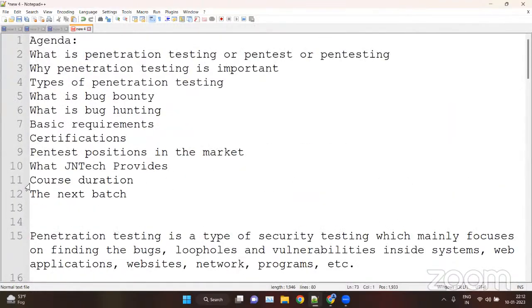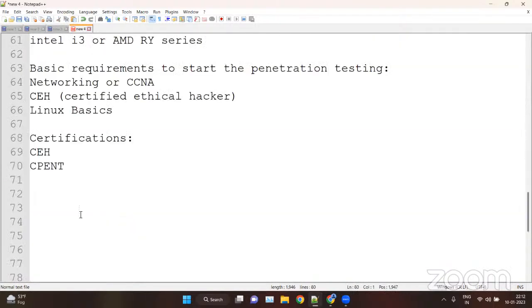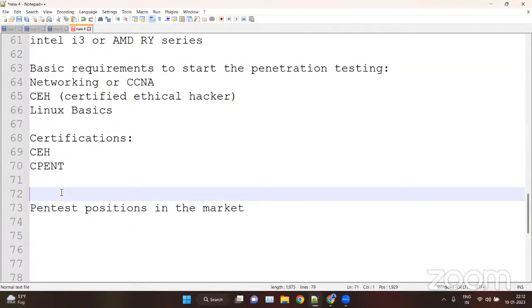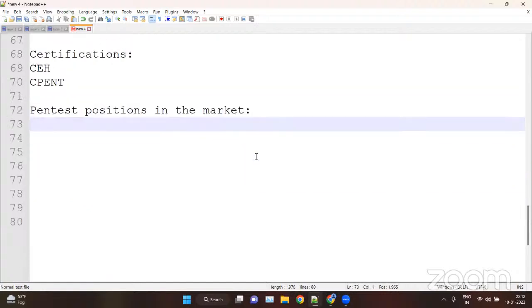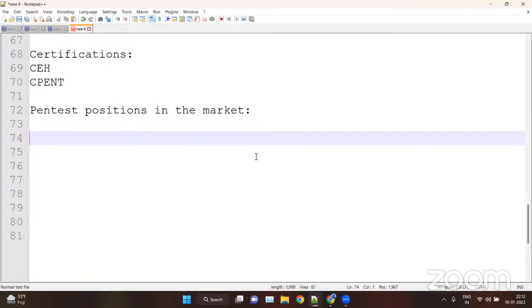Next we have pen test positions in the market. There's always a question: are there any job demands for penetration testers? Basically, penetration tester and ethical hacker are just job titles.